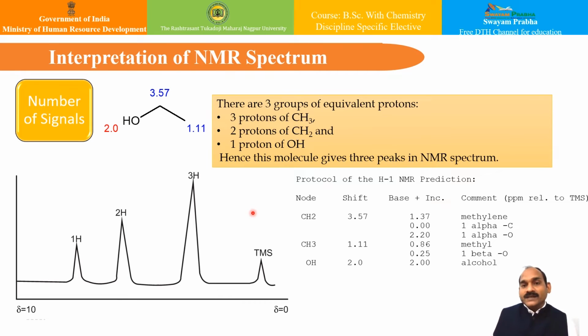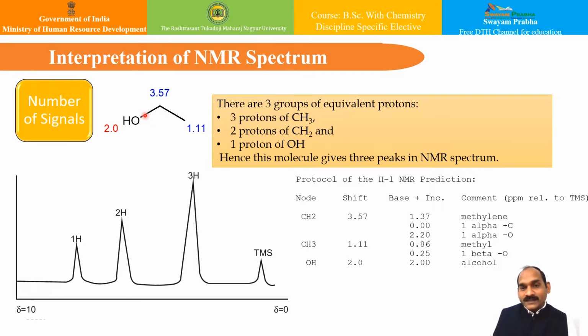Basically, it is expected that all the protons should absorb the same frequency, or they should give a single peak. However, this is not the case. In a molecule, the electronic environment around the protons is not always the same. If you take the example of ethanol, the environment of each proton is not the same. CH3 here, CH2 here, this is OH here. So for each of the protons, the environment is different.